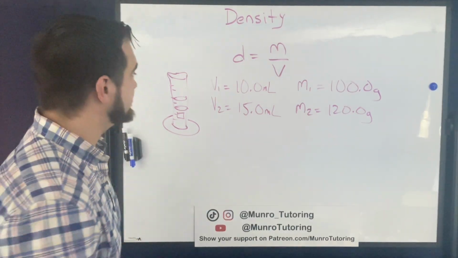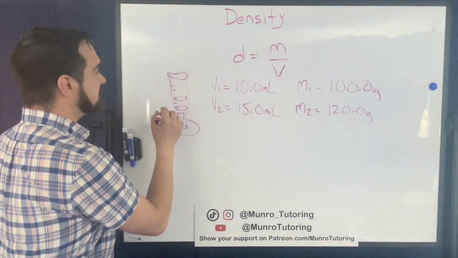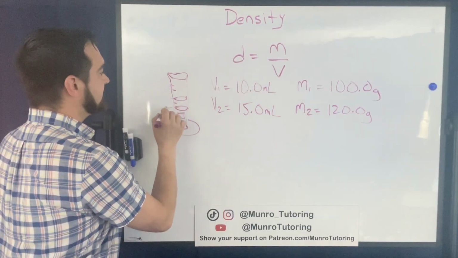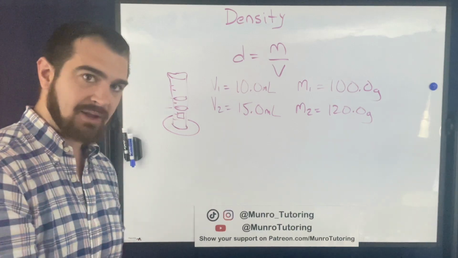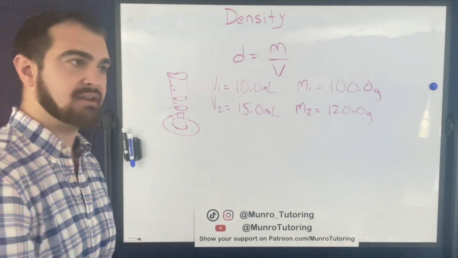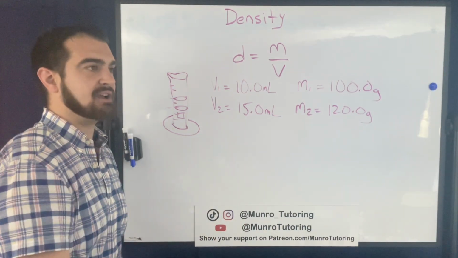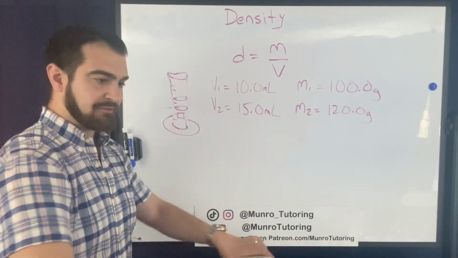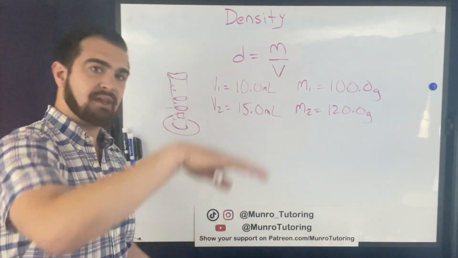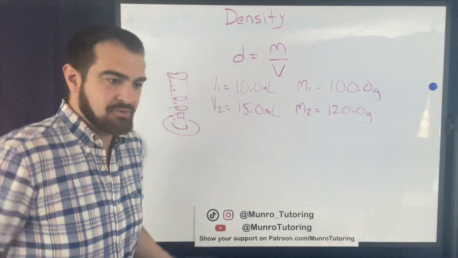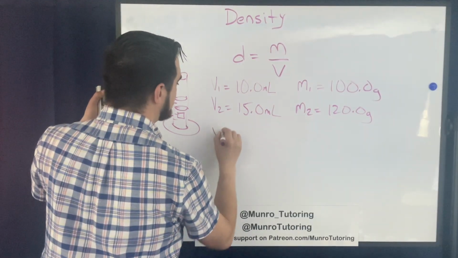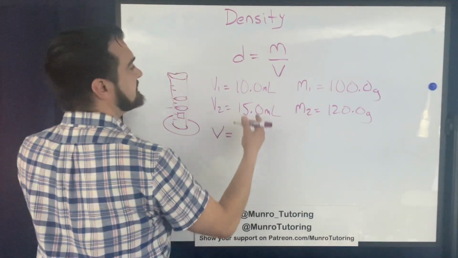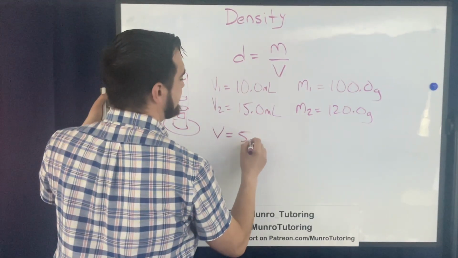You just take the second level and subtract the first level, and that's the volume of the object that you dropped into the graduated cylinder, right? Just like when you get into the bathtub and the level goes up, that volume difference is the volume that you just displaced, okay? So the actual volume of the object is 15 minus 10, so we have 5.0